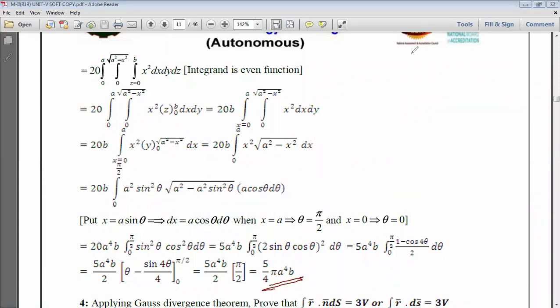So this is the problem. And most probably next 2 classes or 3 classes